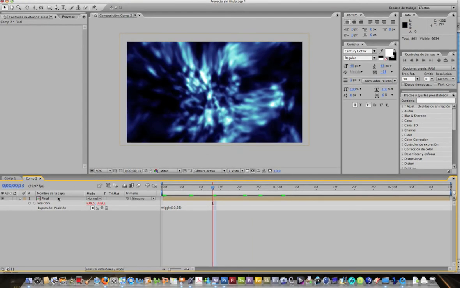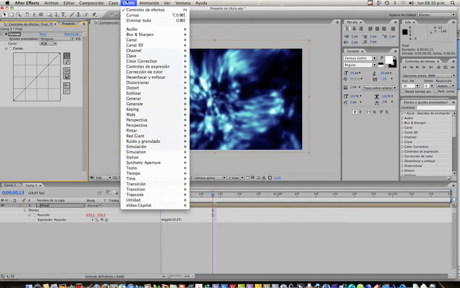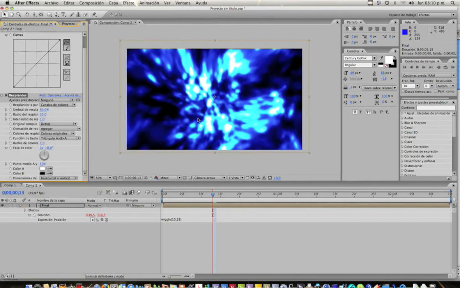I want to go to Effect, Color Correction, Curves, and Effect, Stylize, Glow. And I'll explain what I'm doing. You can see we just ruined the whole thing. But what if you want to make a brighter thing? How can you achieve it? Yes, the glow can do it. You can set the glow